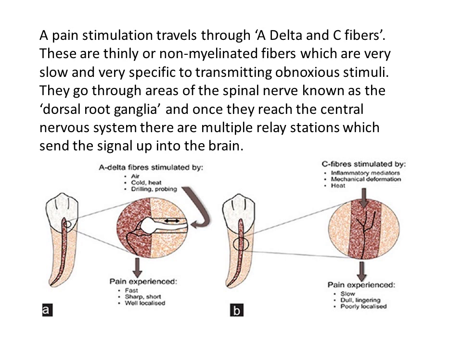I said all these sensations will be transmitted to the central nervous system via the peripheral nervous system. They will be transmitted to the dorsal root ganglion, and once they reach the central nervous system, they will go through multiple relays. They will be transmitted through synapses. If you remember, the multiple relay stations are the synapses. They will send the signal to the brain.